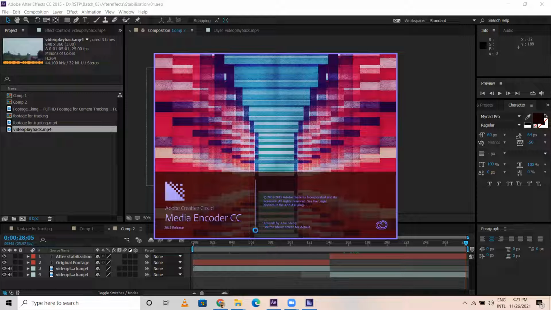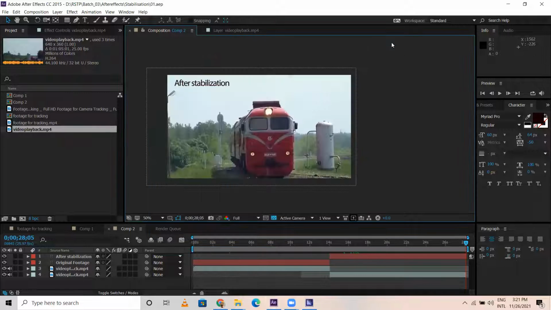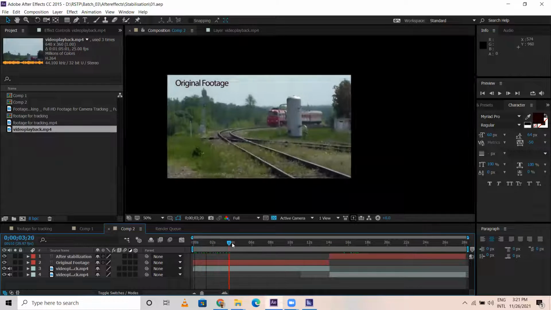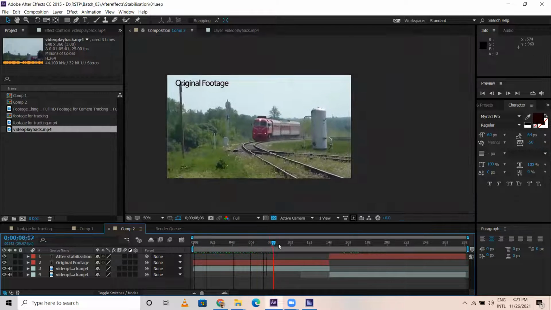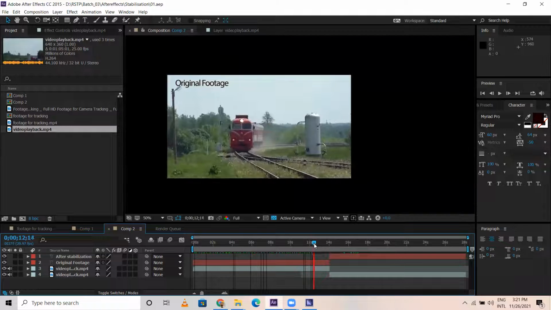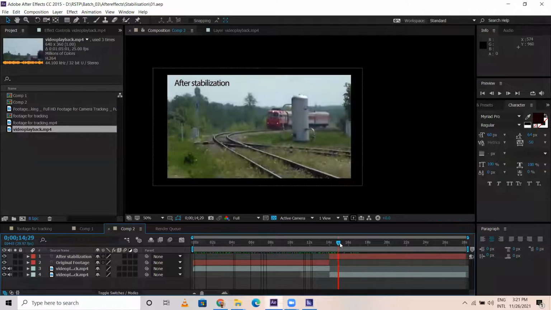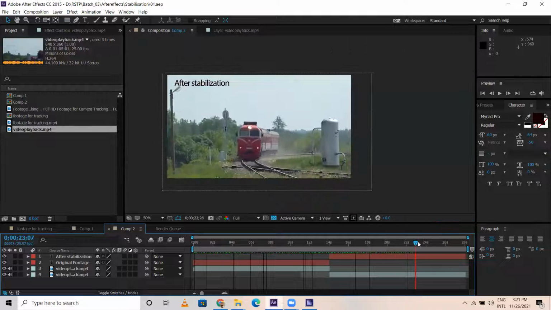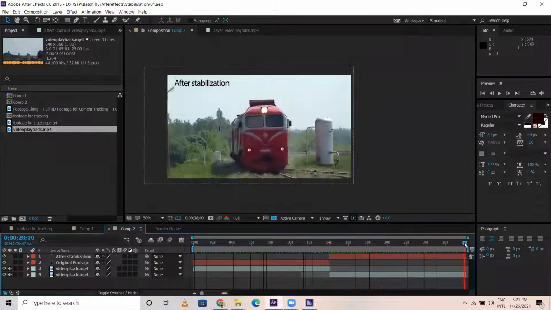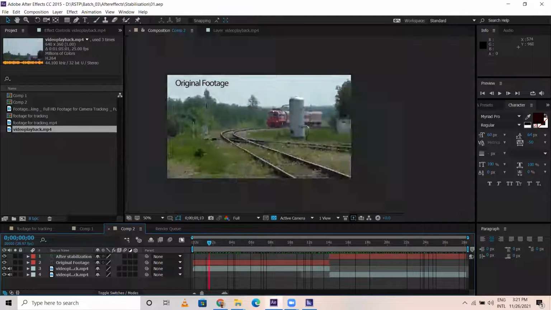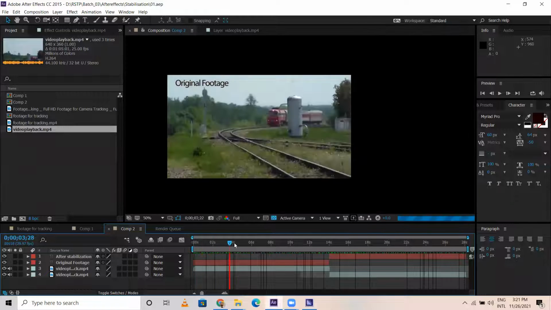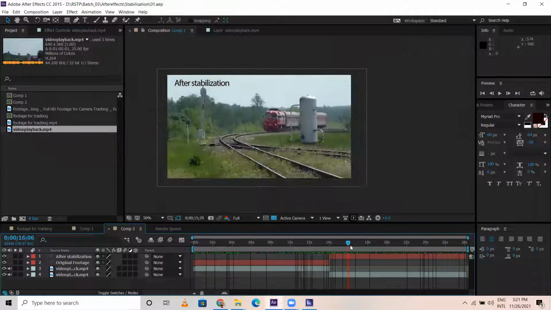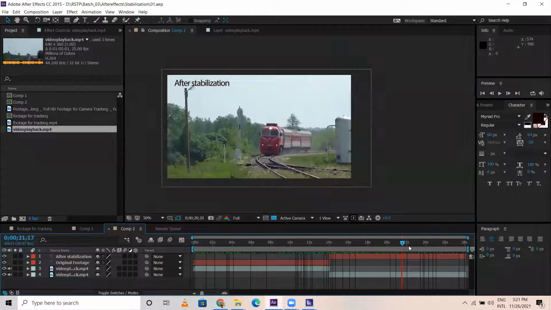Okay, so just try this before and after. So you get to see the output. I'll show you here. This is the original footage. A lot of shakiness is there. So after that, stabilized footage. You see that shakiness has been removed. Got it? This is the output which I'm trying to show you. See, original footage is this. Too much shakiness. This is clean. Okay, that has been sorted out.